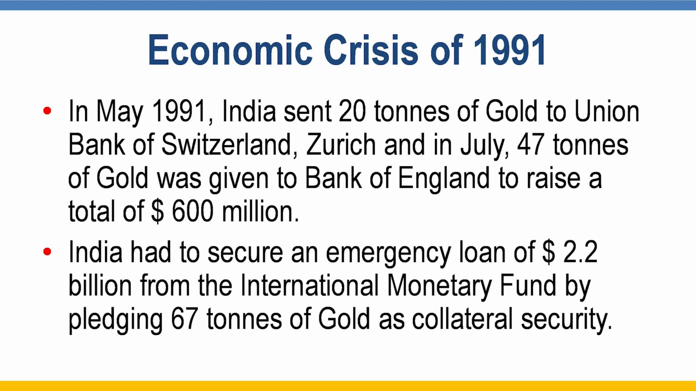And in July, 47 tons of gold was given to Bank of England to raise a total amount of $600 million. So you become dependent on debt, you have to mortgage certain property. India had to give gold to different banks to raise money. And India had to secure an emergency loan of 2.2 billion from the International Monetary Fund by pledging 67 tons of